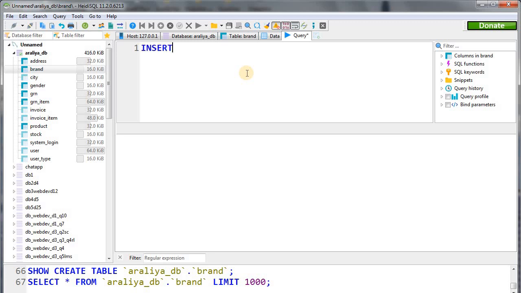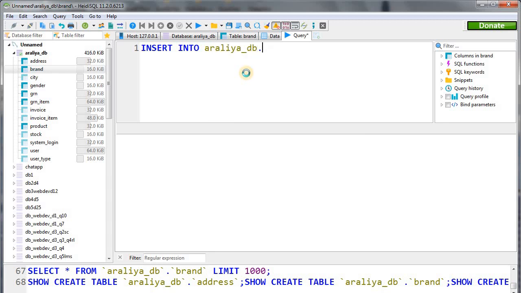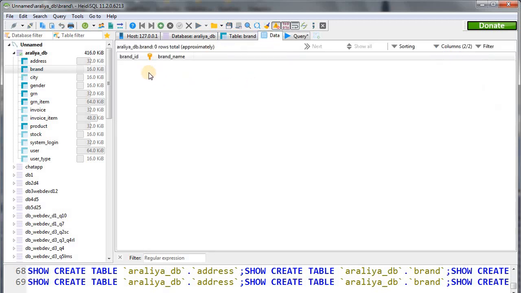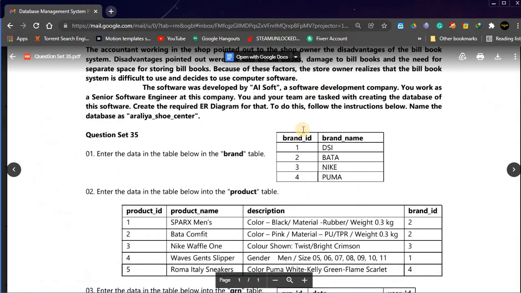Okay, insert into RLEDB dot brand table. To this brand table, now we have to mention our column names, but in this case you can see we are going to add all the data here.